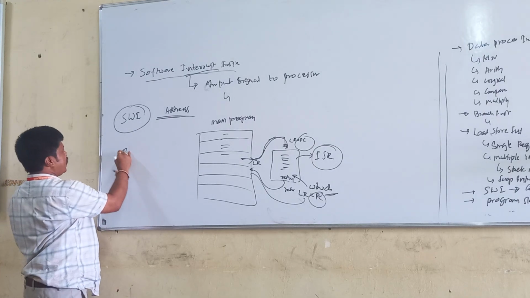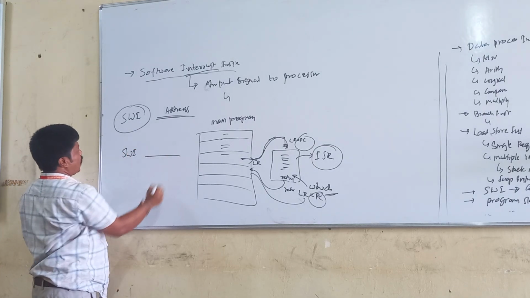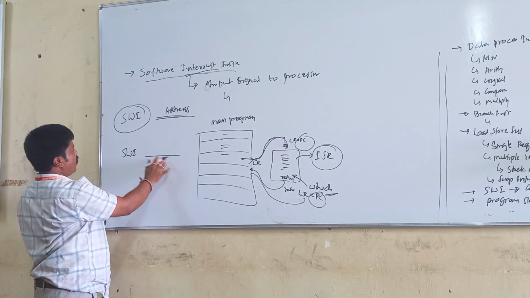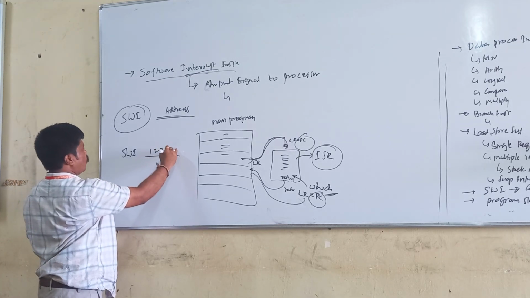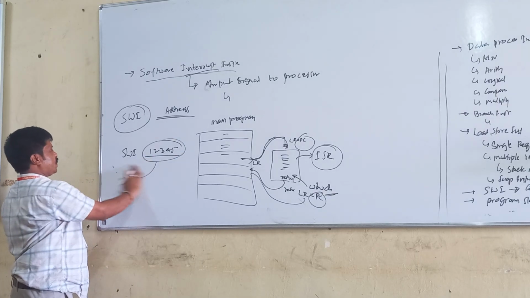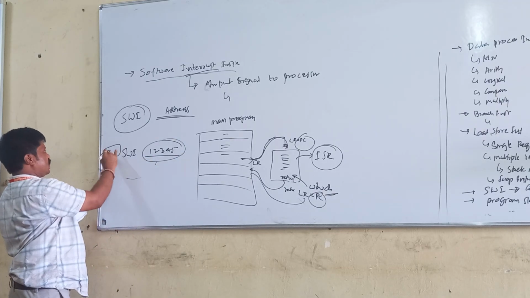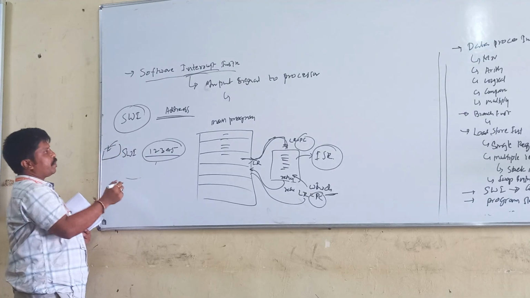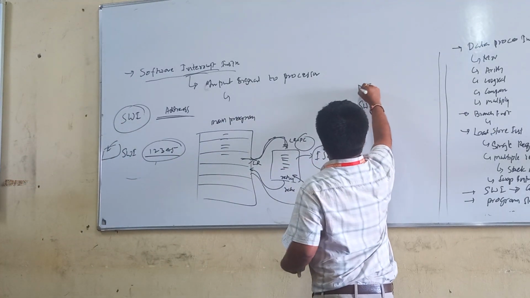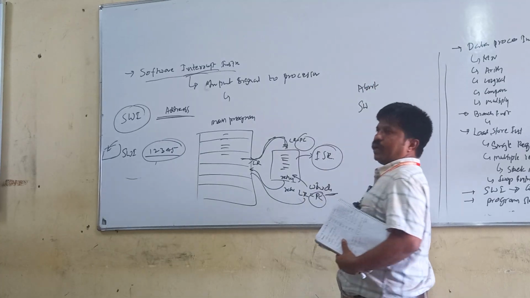First we will write the software interrupt, then the address of that particular instruction. If you are sending some data with some address here, which address will be given is to be particular. Here I am using the software interrupt. If I am using abort as one of the interrupts,